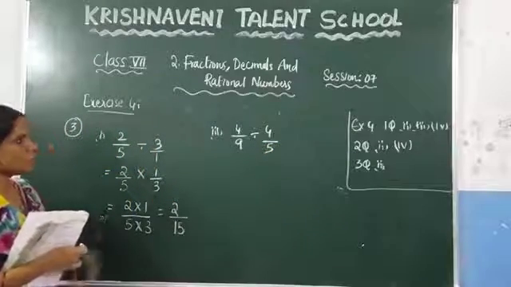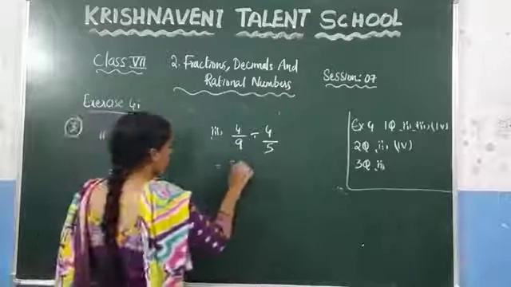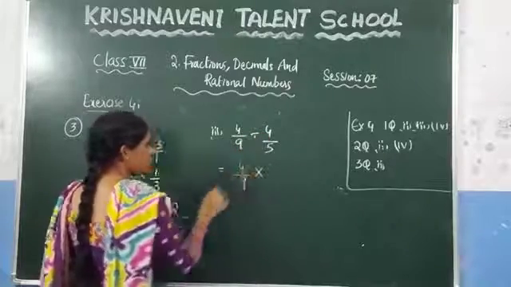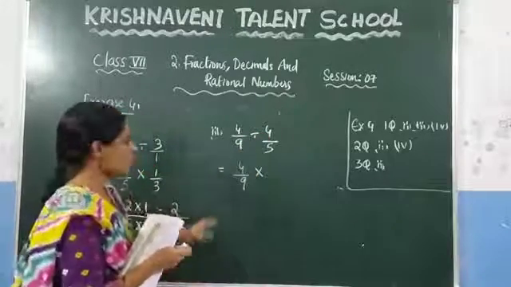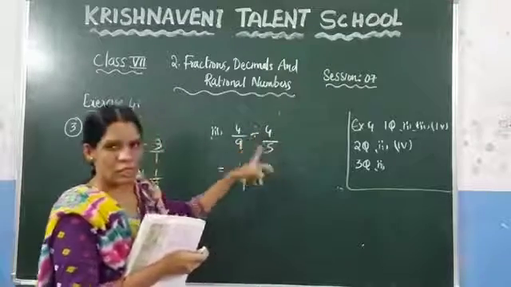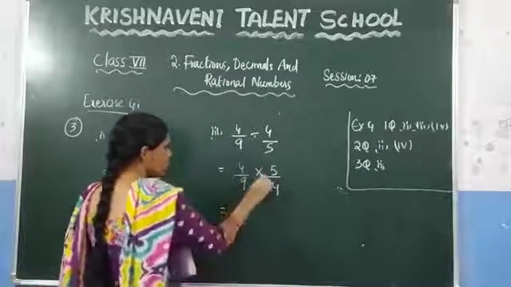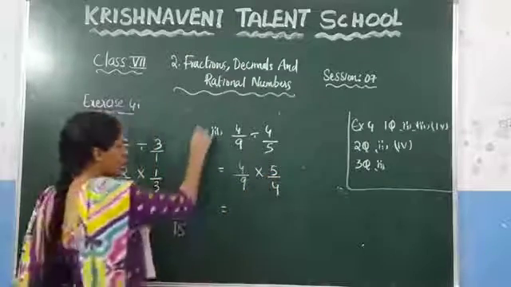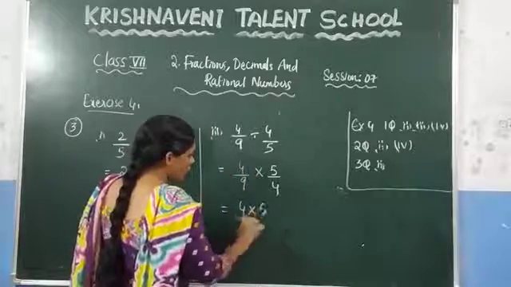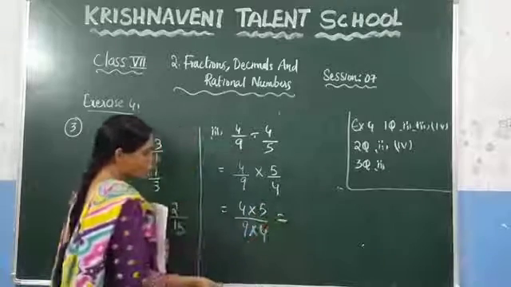Here you can observe that they have given two fractions. How do you divide two fractions? So the same thing, write the first fraction 4 by 9. In case of division, keep multiplication. If you are keeping multiplication, write the reciprocal of the next number. What is the reciprocal of the next number? Which is 5 by 4. So write it here, 5 by 4. Now you need to multiply two fractions. How do you multiply two fractions? Just multiply the numerators, which is 4 into 5, and multiply the denominators, 9 into 4. Now what do you get here?